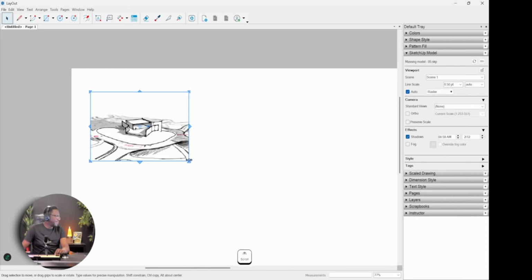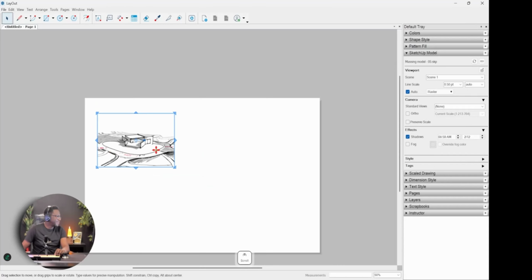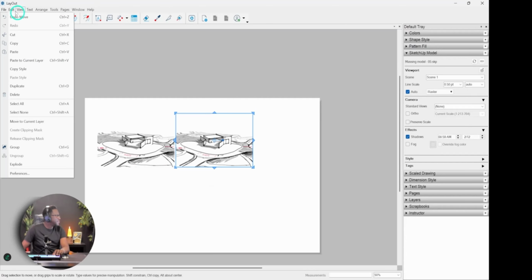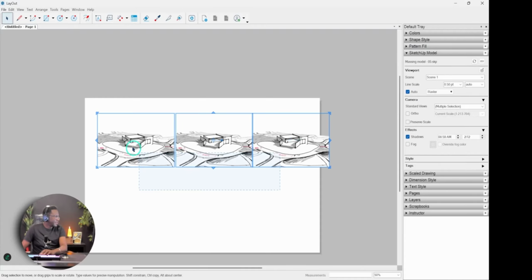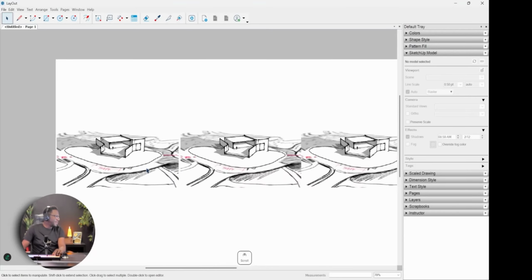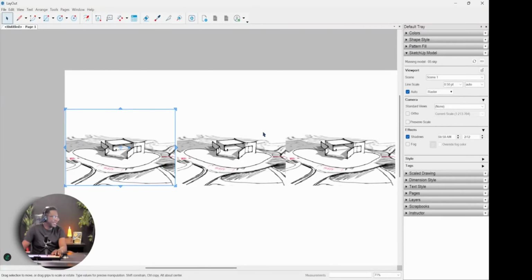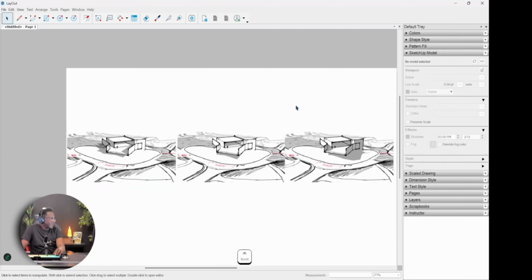And then we want to have maybe about 3 different versions. So we're going to copy this, paste this again, and then paste it one more time. There we go. So now we have 3 versions set up. And what we can do now is have these at different times. So we select this first one here, and we go under the SketchUp model, and this one is at 9. So we're going to change that to 0. Change this to 9. There we go. This one could maybe be at 11, and then maybe this one could be at 3 p.m. There we go.